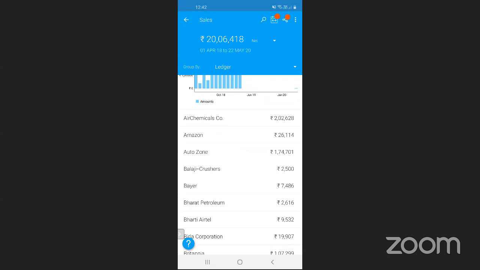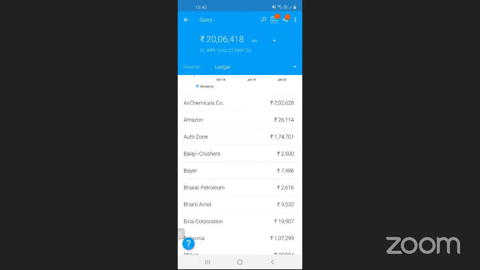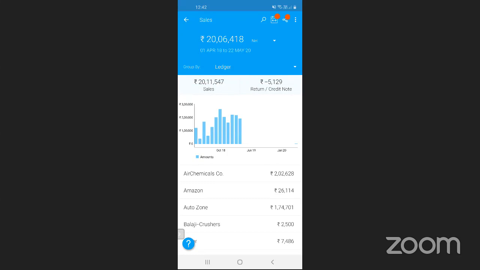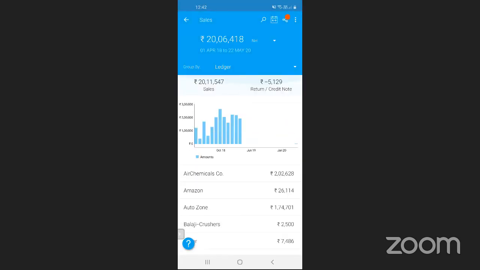How much sales it's done, and with Amazon, how much sales it's done, and all the parties. Suppose I want to change the time period. Okay, so I can select from the calendar. I can just change my time period and I can view accordingly. Okay, here also on the top of that graph you can see the sales figure and the credit note